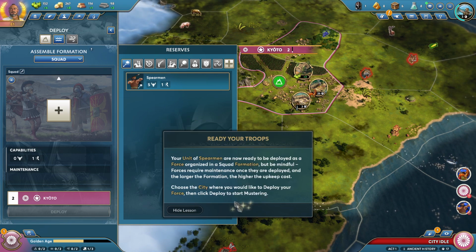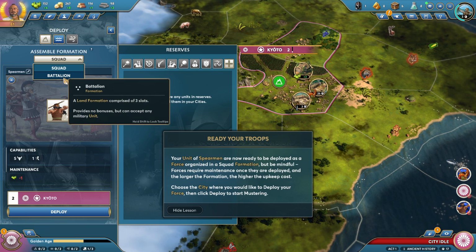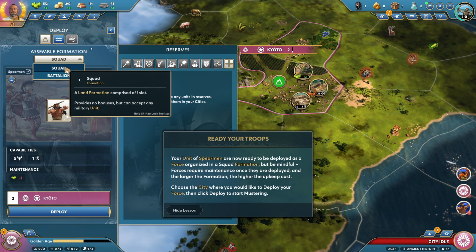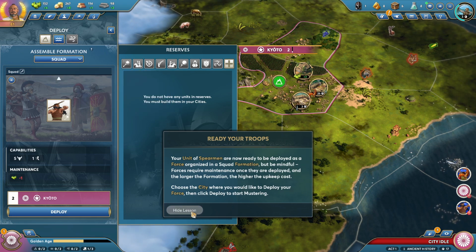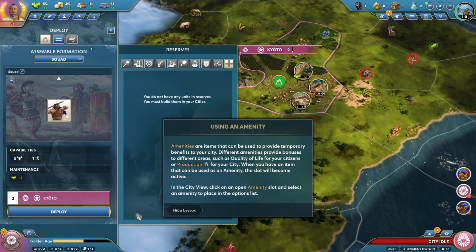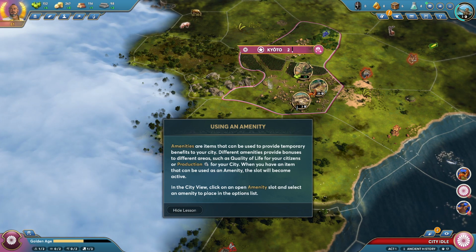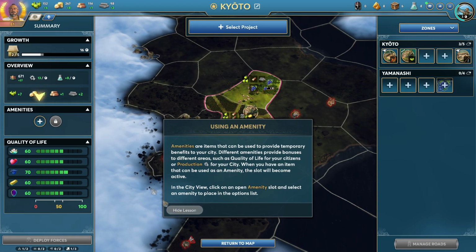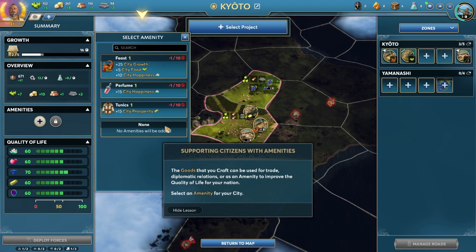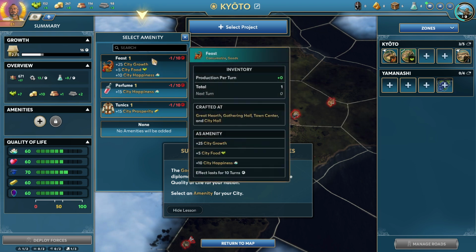Okay. What's the difference between a bit land formation, 3 slots? Okay. All right. So we can use these amenities, but they're only good for one turn, right? Because they'll consume it. But it will improve city happiness, food, and city growth, so...